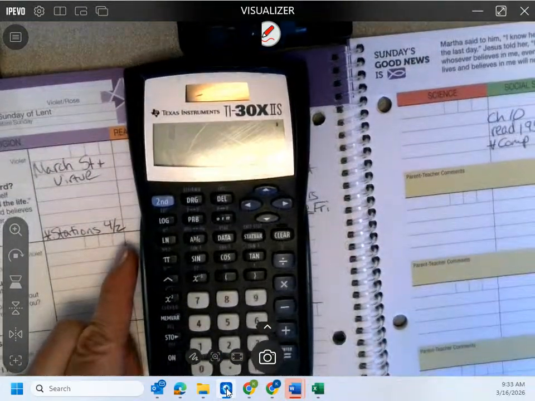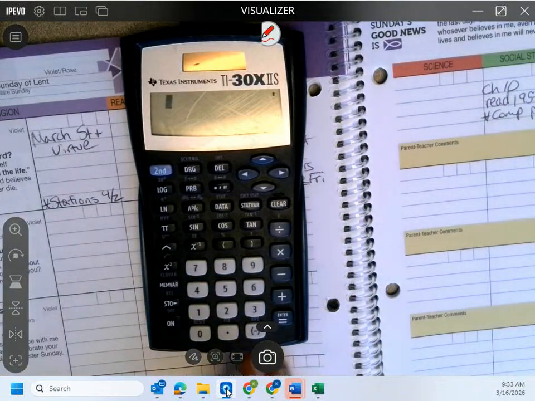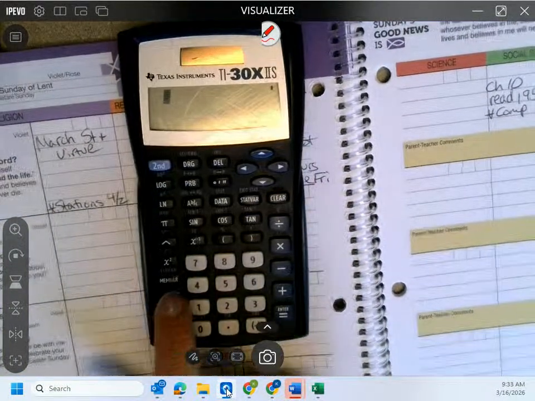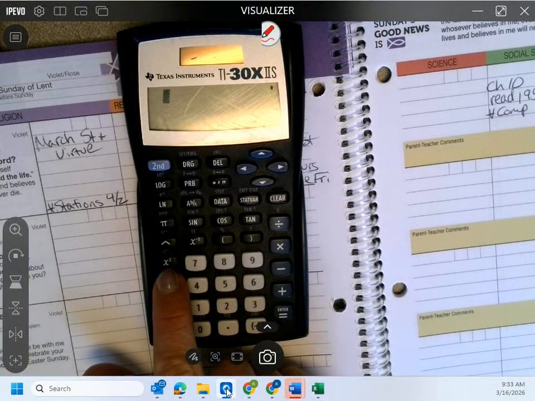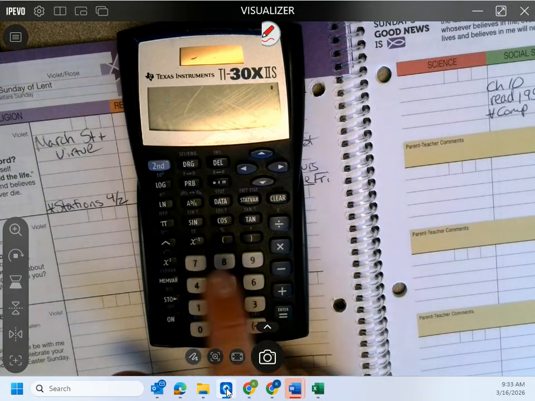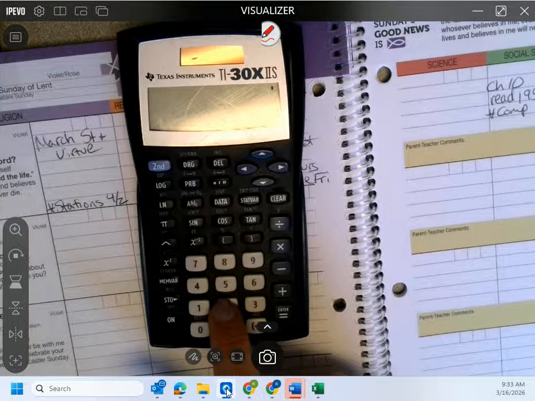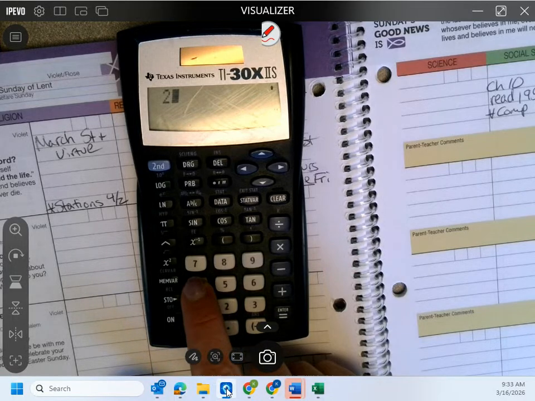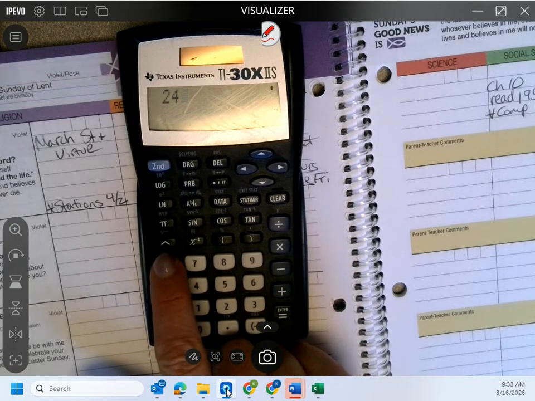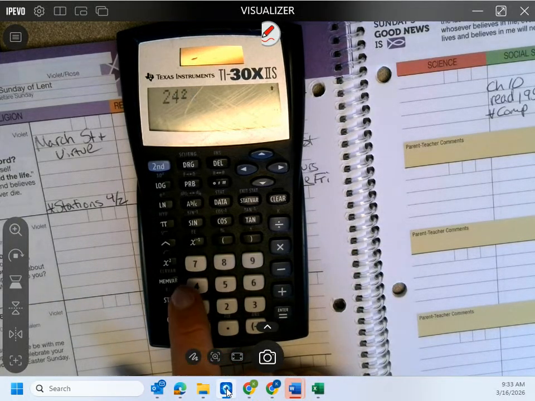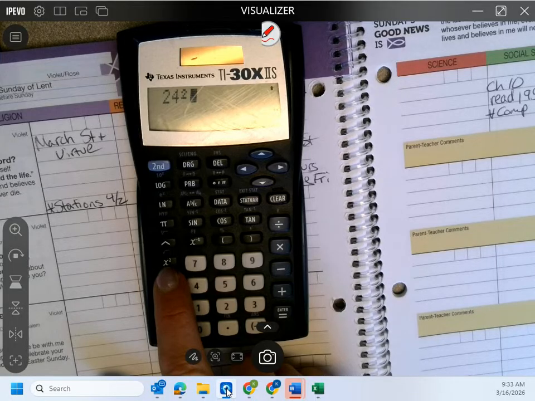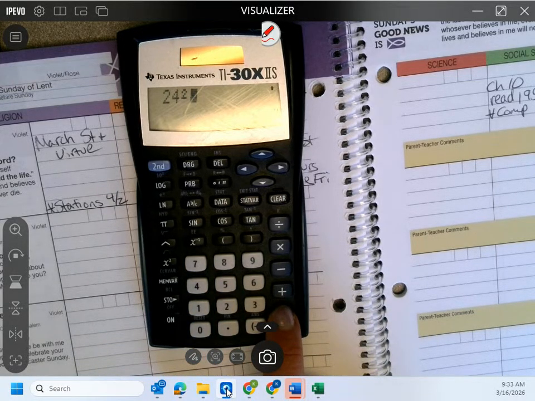Trying to do this without a big glare. All right, so we see we have x squared right here. So I could do, what was our first one, 24 squared? So I can just use that x squared button. So 24 squared equals